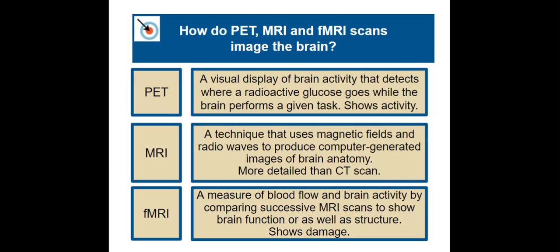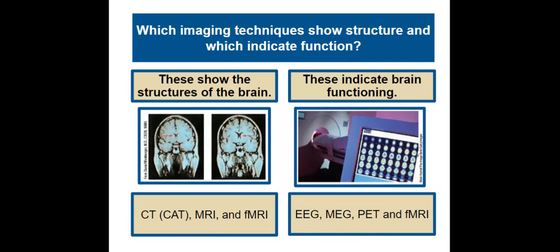All right, let's look a little bit more into each one of these. Okay, so structures of the brain. You need to know what images look at structures of the brain. The CT scan, sometimes referred to as a CAT scan, the MRI and fMRI all look at structures of the brain. Okay, EEG, MEG. MEG is a fairly newer